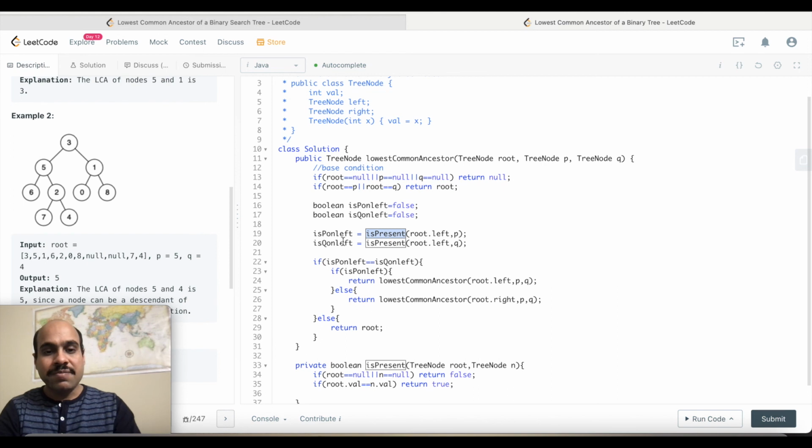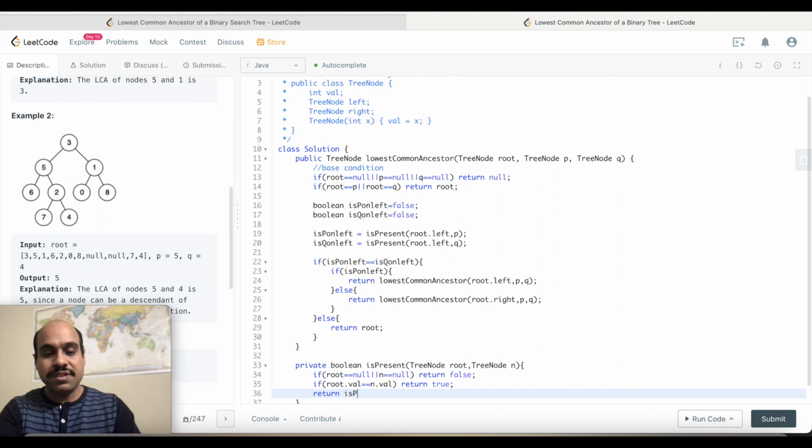When I call isPresent for this root node, it will compare. Okay, 5 is not equal to 2. So now it doesn't know whether to go left or right, so it will go on the left as well as on the right side. That's why when I am recursing here, I need to recurse on both sides.